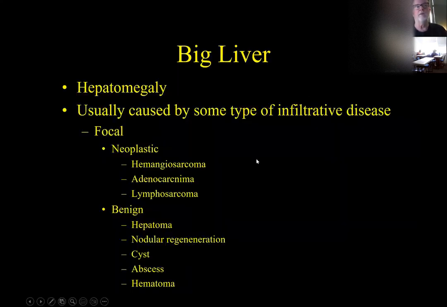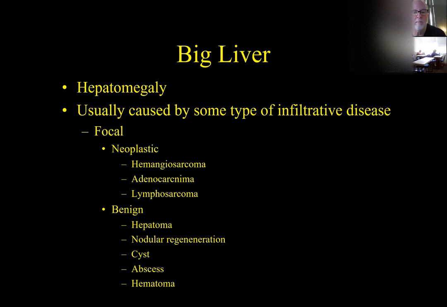Okay, a big liver. The doctor word for a big liver is hepatomegaly. And there's lots of things that can cause a big liver. Some are neoplastic, some are benign. The most common tumors that can live in dog livers are probably going to be lymphomas or adenocarcinomas or hemangiosarcomas, all types of cancer that can occur and cause livers to become too big and then cause this mass effect. But there's also lots of benign things that can cause a mass effect in the liver